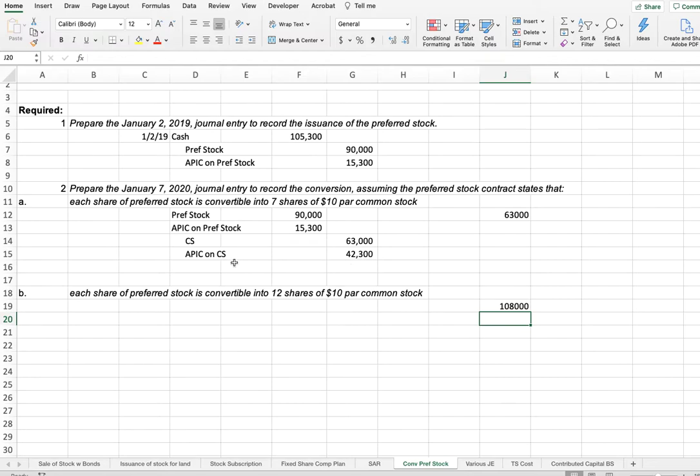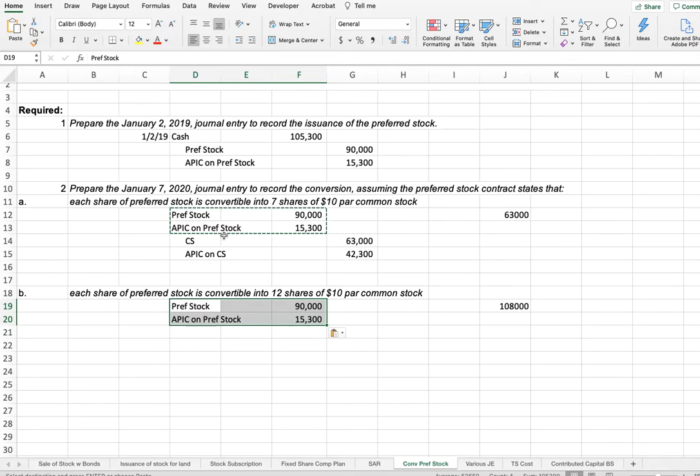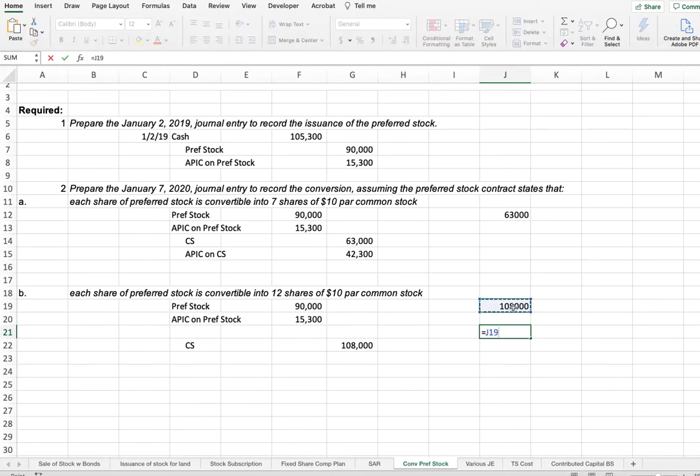So that means we issued it for less than the value of the common stock. So what's going to happen? We still have to eliminate preferred stock and the additional paid in capital on preferred stock. So that's going to remain the same. We still have to create this common stock account, but it's for 108,000 this time. So if we pull down common stock for 108,000, we're not balanced yet. And over here, if we just say 108,000 minus 90,000 minus 15,300, we have $2,700